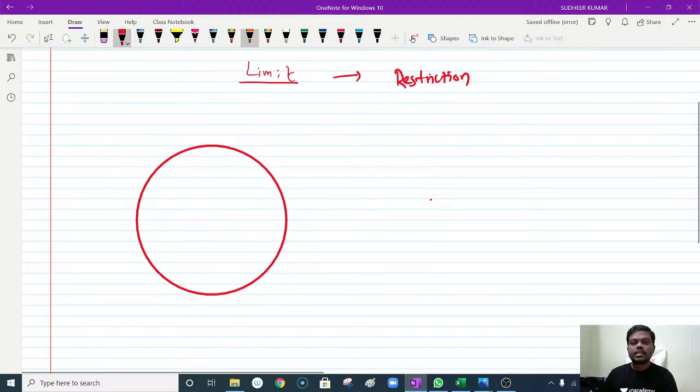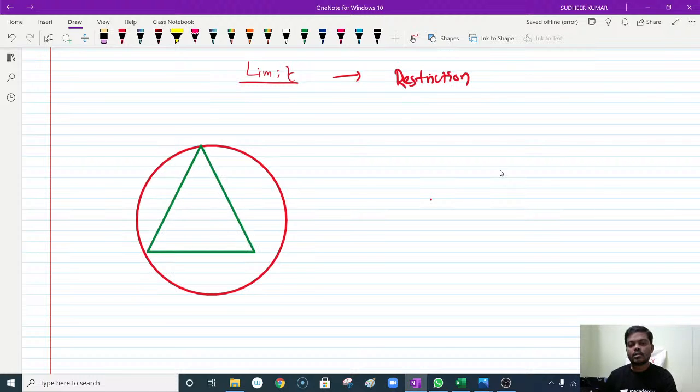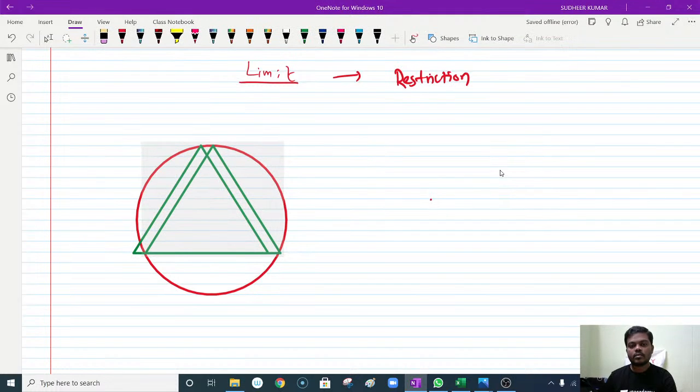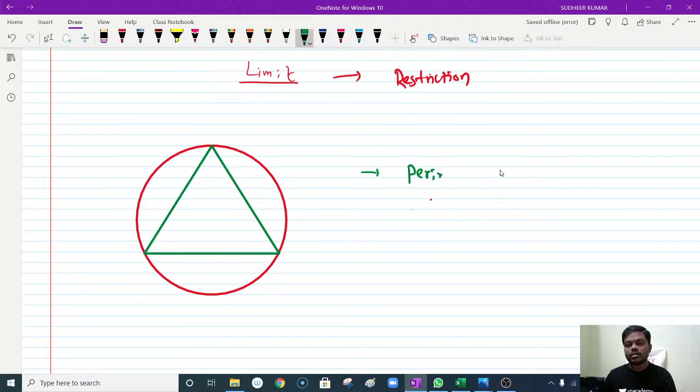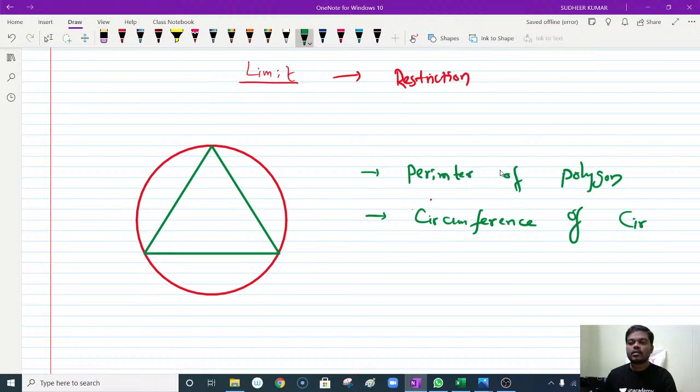Suppose you take a three-sided polygon. See the relation between the perimeter of the polygon and the perimeter of the circle, or circumference of the circle. If you observe these two,